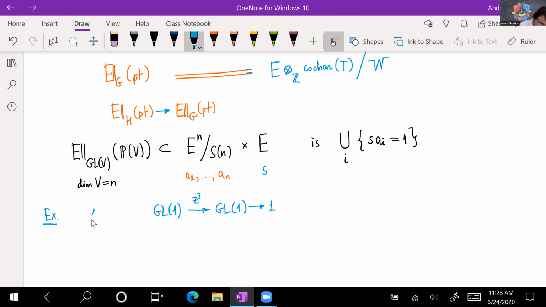Then the kernel of that map is the group of third roots of unity. Corresponding to that, we have, in equivariant cohomology, since cohomology is a contravariant functor,